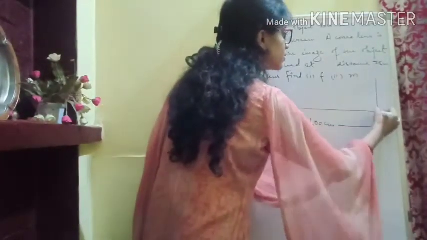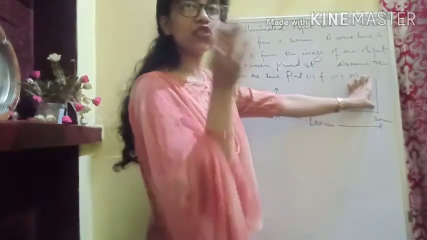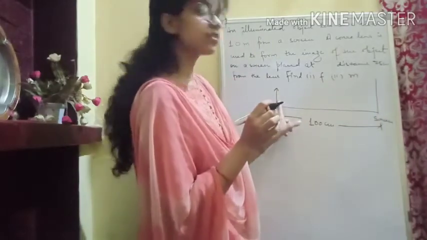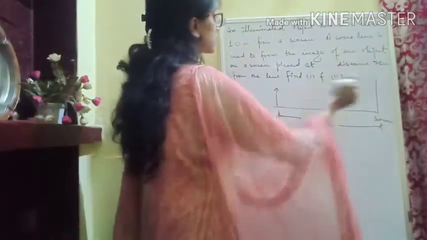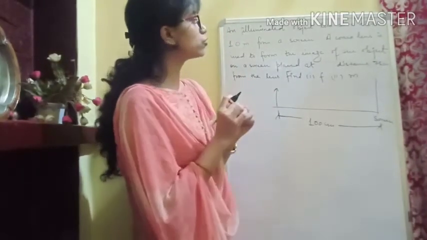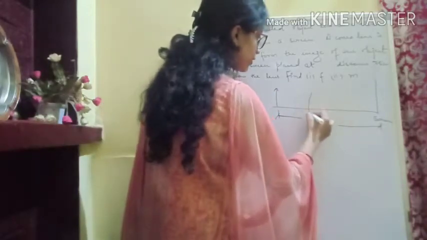So screen is something where we get the image. That means this is where we get the image, on screen. So this is the position where we get image, and this is our object. They are 100 centimeter or 1 meter apart. A convex lens is used to form the image. So we are using a convex lens here